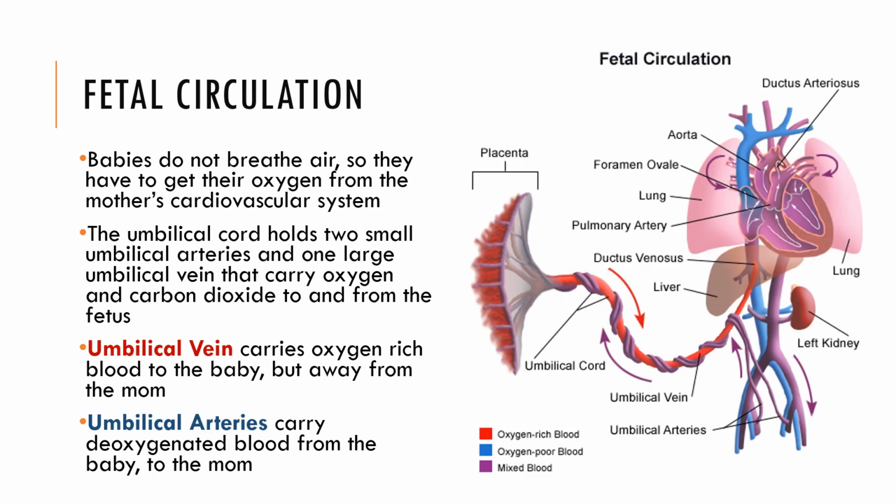So we're going to end on an interesting difference in circulation. When we're normally circulating our blood, the arteries carry oxygen-rich blood away from the heart. The veins carry deoxygenated blood back to the heart. Babies, they have to get their oxygen somehow, and they don't breathe air, so they get all of their oxygen